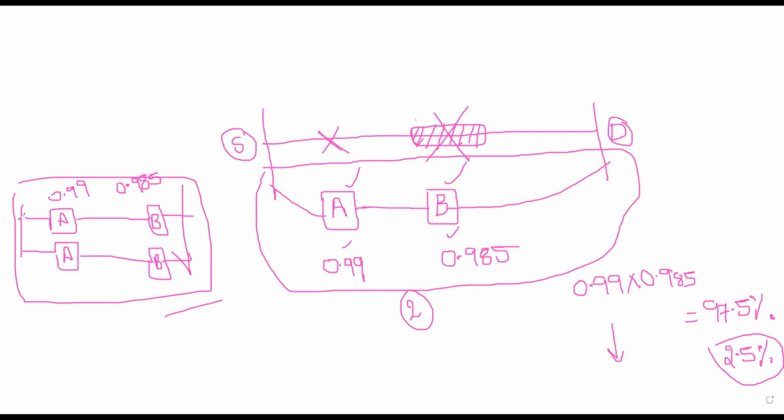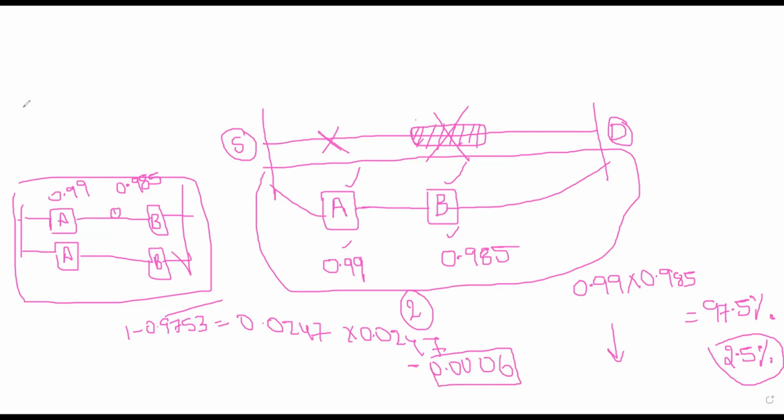So what is the failure now? 1 minus 0.9753 for the first path. I am talking about this first one. 0.9753 I got by multiplying these two. I am calculating the failure rate, which is 0.0247 for this one. And the failure rate of this one is also 0.0247. I am multiplying the failure rates of both. So now it gives me the resultant of 0.0006. This is the failure of the two systems.